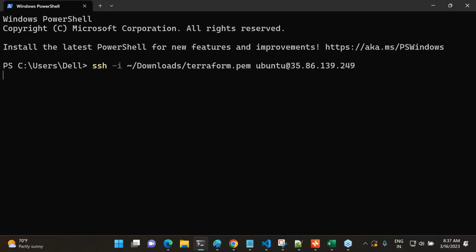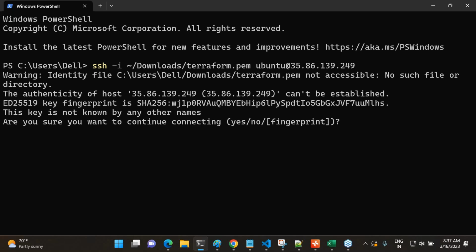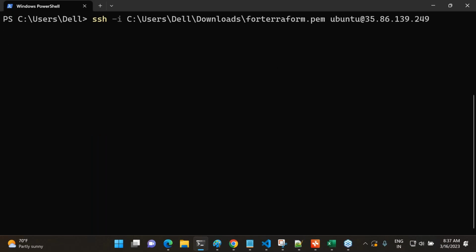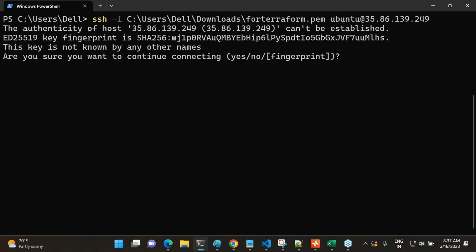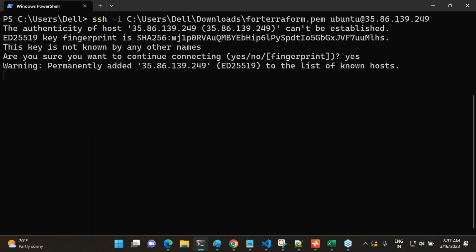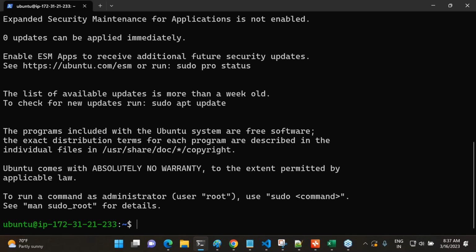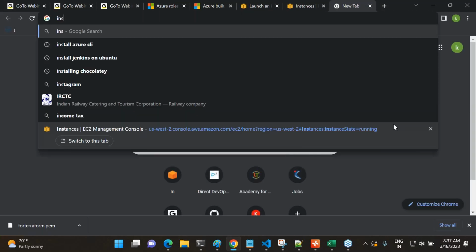Okay, yeah. So let me click on this for Terraform. Yes. So am I inside the Linux machine? Yes. Okay, sir. Now, yesterday we have seen installing